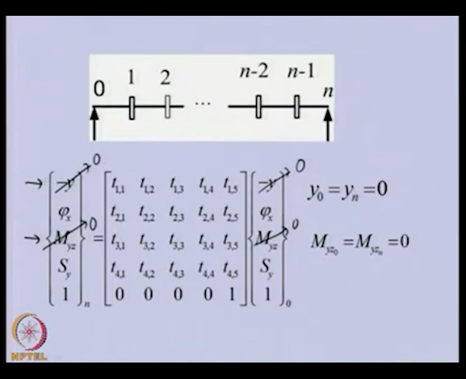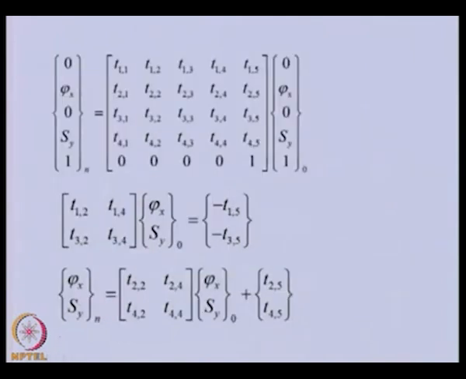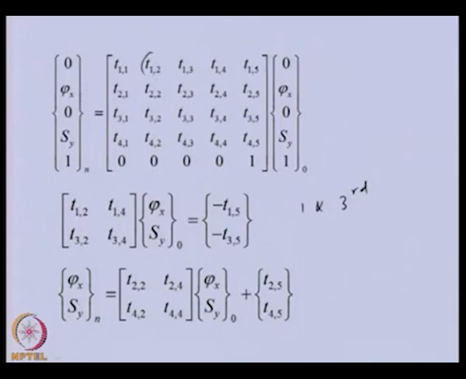So, I am taking out the first row and third row, and in the second case I will be taking the remaining rows. Basically this is the application of the boundary conditions. If we take out the first and third rows from the above equation, you can see that in the first row T11 is multiplied by 0, so this will not contribute. T12 will multiply by this angle, so this is coming here. Similarly, this will not contribute, this will come. So, we will be having these 4 terms